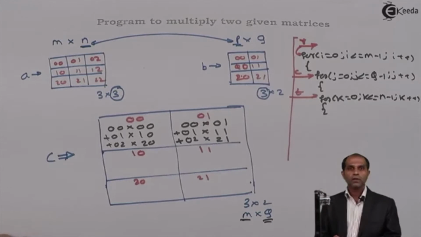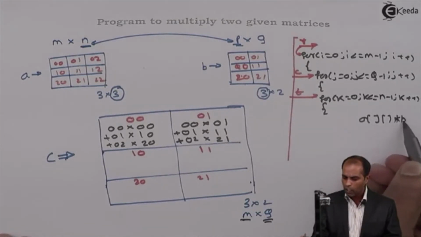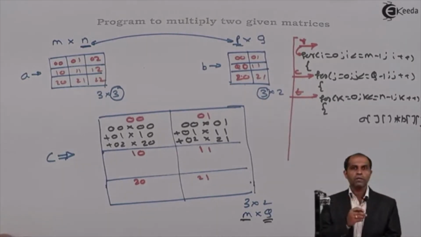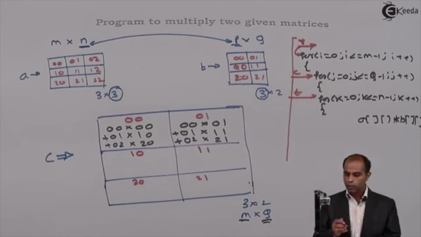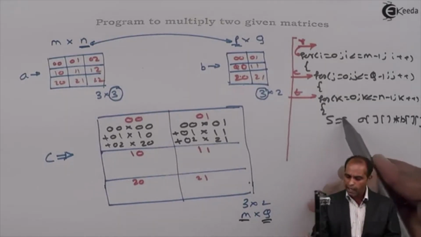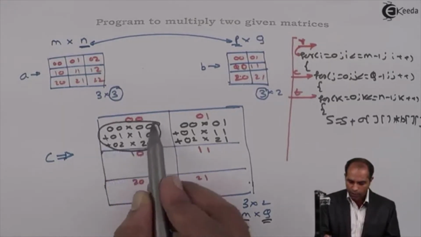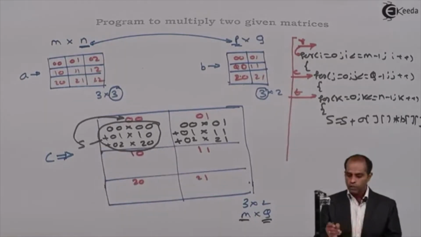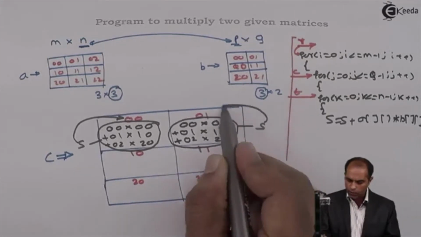Within this, what are you doing? You are multiplying one element of A with one element of B. But are you just doing multiplication? No, you are not doing just multiplication. You are doing a multiplication along with an addition operation. So what I'll do is take a variable s and add this value. So s corresponds to the entire sum of this particular element, and this s will finally go into C of 0, 0. Similarly, at this place, this entire thing corresponds to s, and this s finally goes to C of 0, 1.